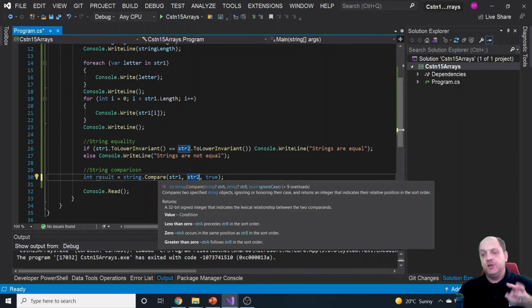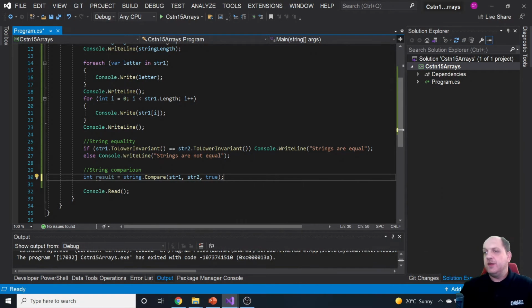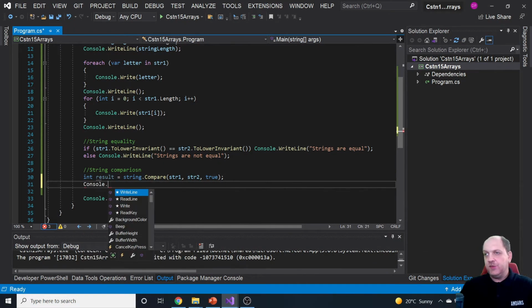And the logic of this comparison is that it will return less than 0 if string A precedes string B. So if string A comes before string B, it will return 0 if string A comes exactly in the same place in the sort order as string B, or it will be greater than 0 when string A follows string B, or comes after string B in the sort order. So this compare method, as we see here, returns an integer. That's why if we print it in the